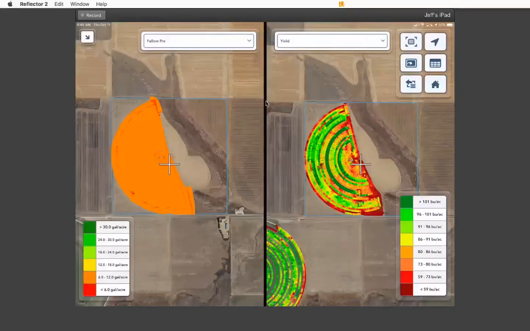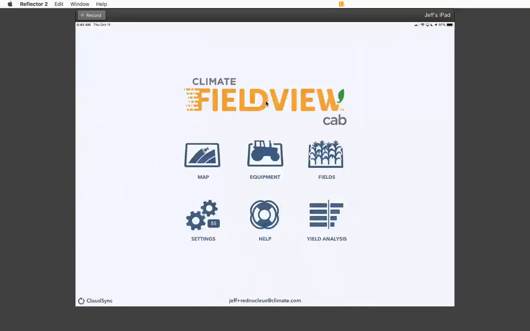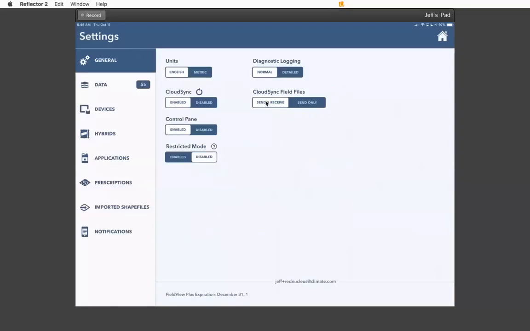So I'm going to go back. This is in the CAB app. If I'm in the CAB app and I want to create a layer, and you can do this for all kinds of layers. Basically, if you want to capture the records of all your passes, whether it's a tillage pass, a planting pass, a spray pass, or an anhydrous pass, you can create flat rate maps for those things on any field so that it becomes part of the field record. So the way we do it is we go into settings, and inside of settings we go to data,